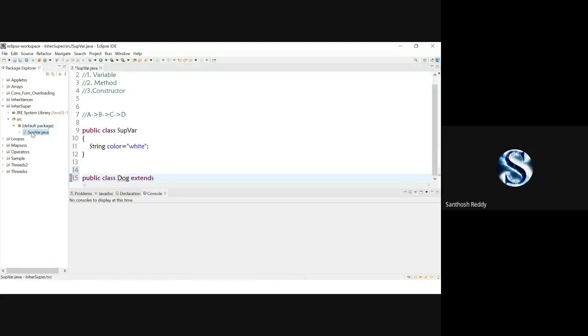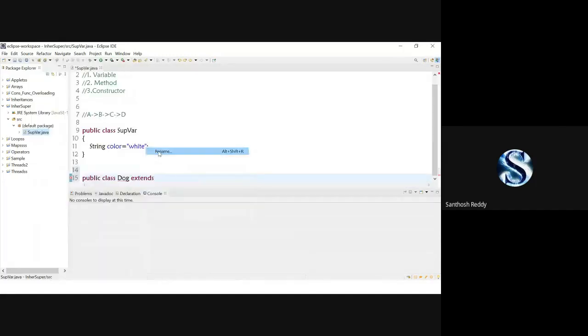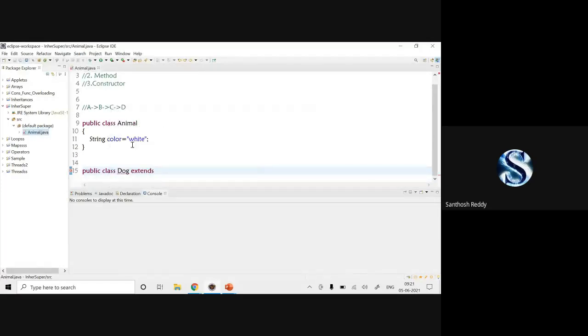Okay, wait, give me one minute. I'll refactor this name and change it to Animal so that I can save the code. So public class Animal is changed. Public class Dog, which extends Animal.